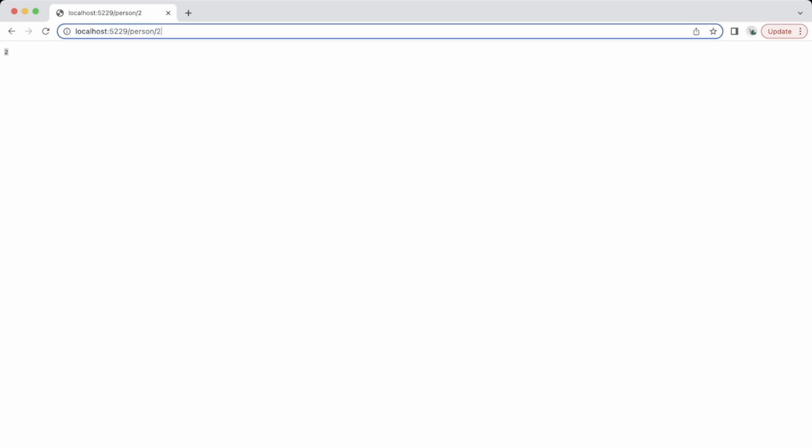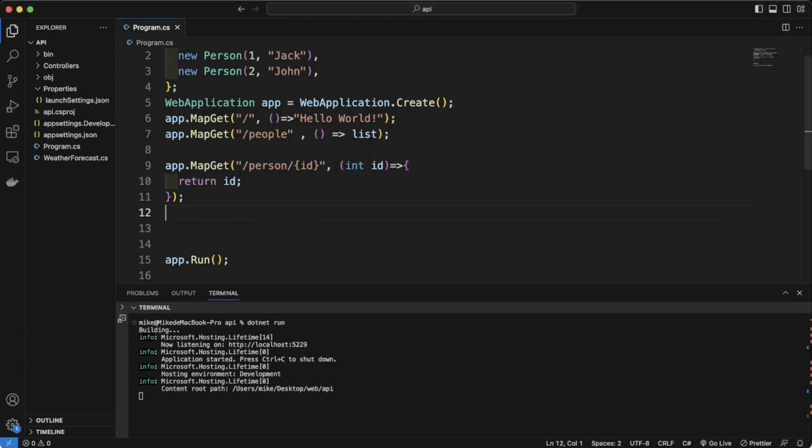This dynamic parameter will not be the same value. It will change when we hit a different URL. Let's go back to our Visual Studio Code. Let's change this code, not to return this id. We will just use